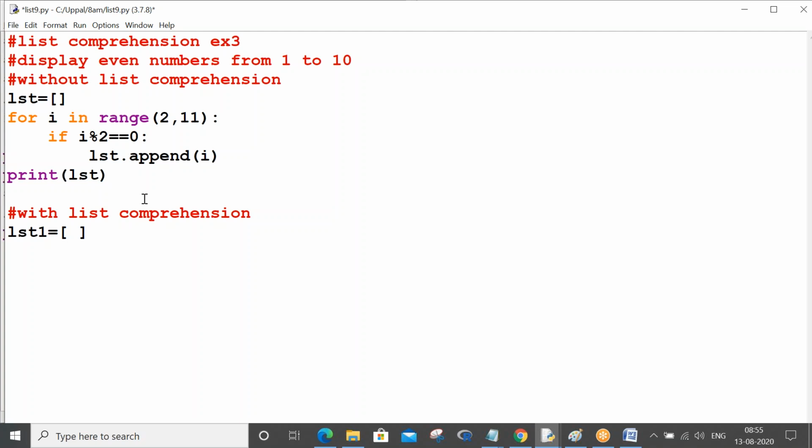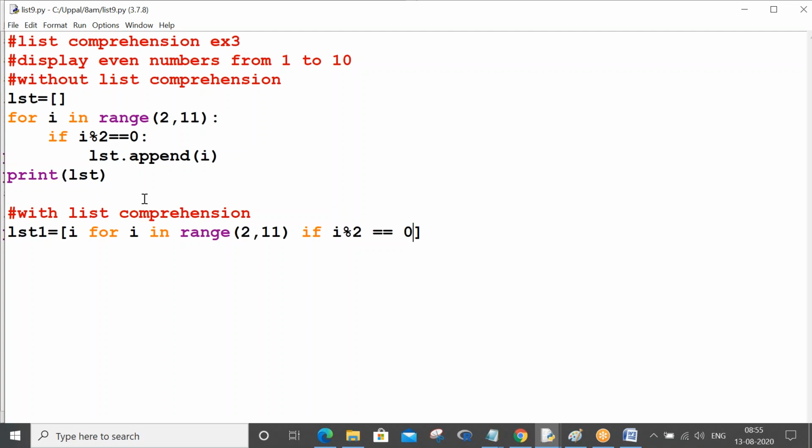So i for i in range of 2 comma 11. Here itself you have to build that above logic: for i, if i % 2 == 0.